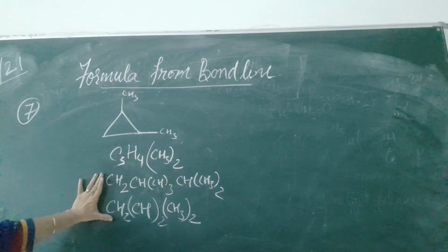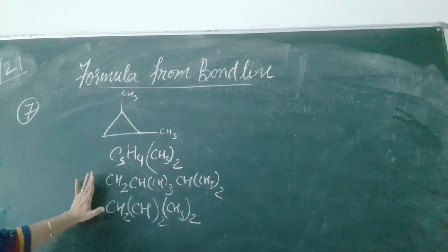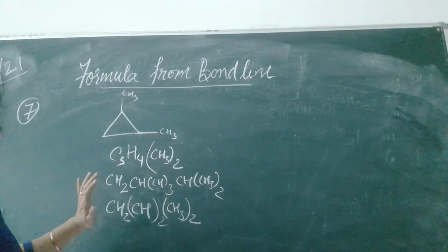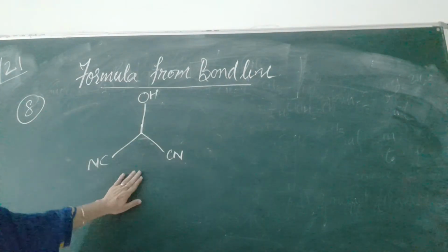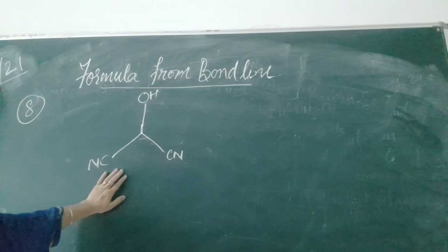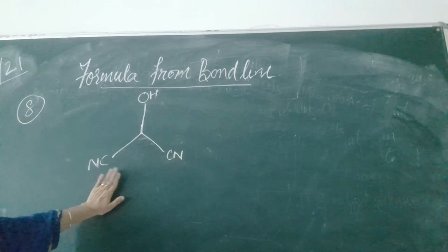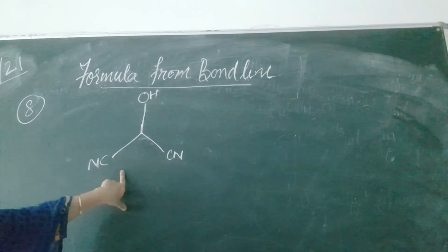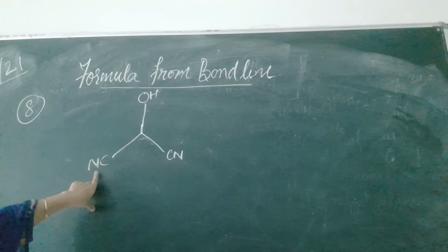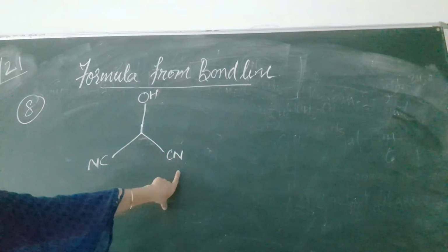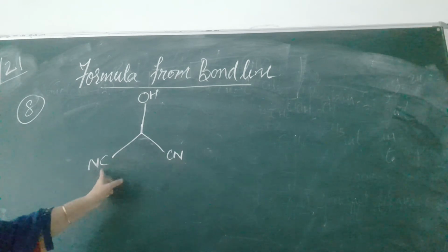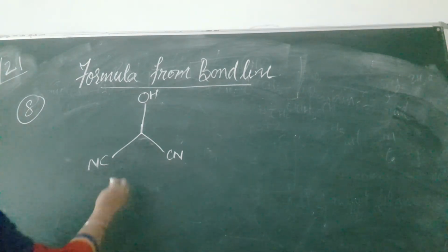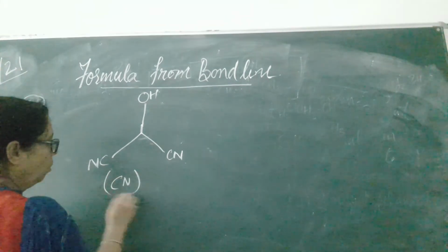I think you have understood this very well, and I will give you one more example related to the functional group. See children, I think this structure will be a little confusing for you, so I am going to write this very carefully. See children, there is a CN group. It is a cyanide group attached on both sides. So how to mention this? There are 2 cyanide groups attached, so you can write CN twice.